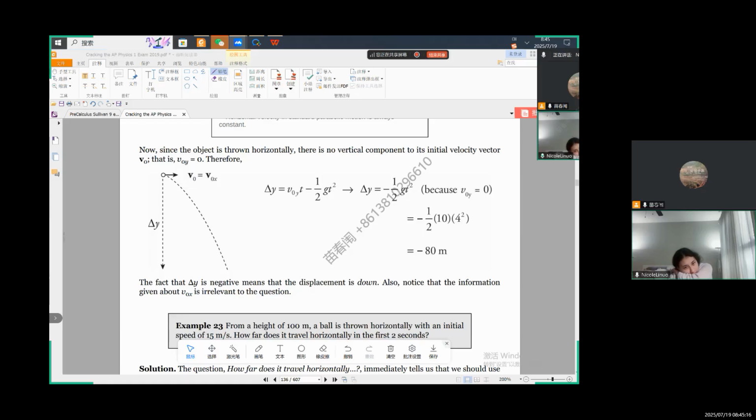I had no idea. Well, it's kind of similar to the last one. But when it says horizontal, when it says how far does it travel horizontally, are we still finding delta y? We find delta x then. If we do want to find delta y, this is delta x. The delta y is called how far did they drop